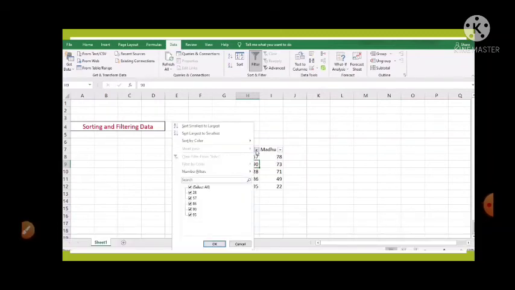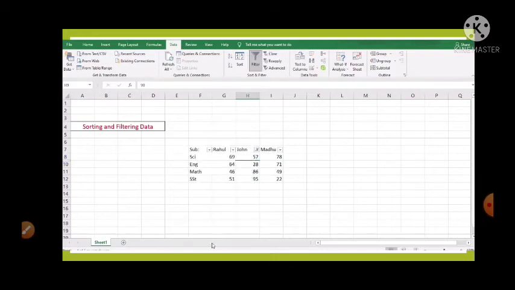Then click on the arrow next to the heading that we want to filter. This will open a selection pane. Here select the particular value you want to see or you want to check on the data sheet. So click on the number filter and select the option we want to use. Options for numerical data and text data will be different.